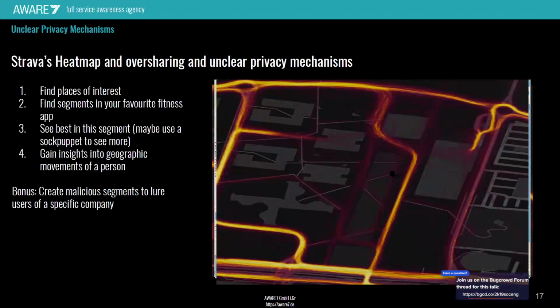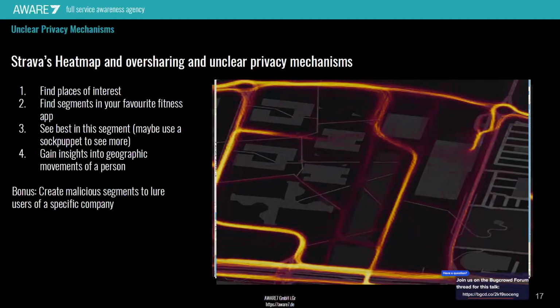activity information about them. As you can see here, this looks strange and this looks strange. This looks like a starting point, and actually this is a company in Germany where bicycles are stored during the day, and this is the way the commuters of those people who come by bike will leave the company.